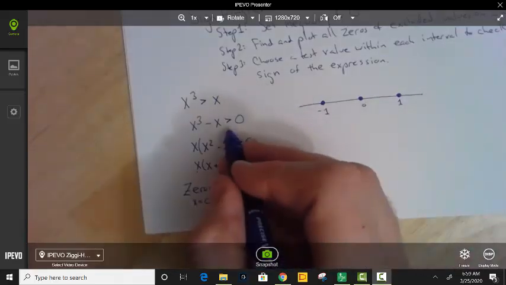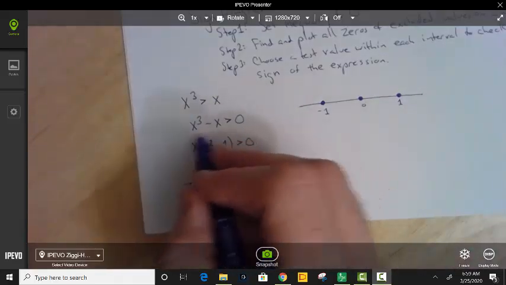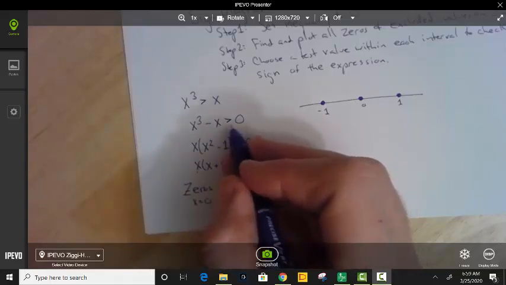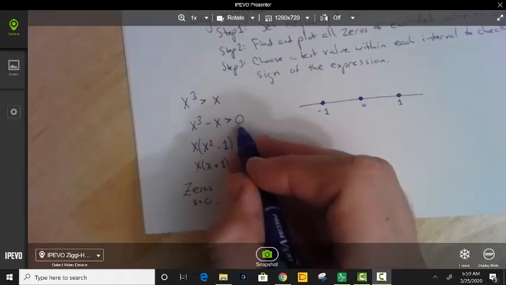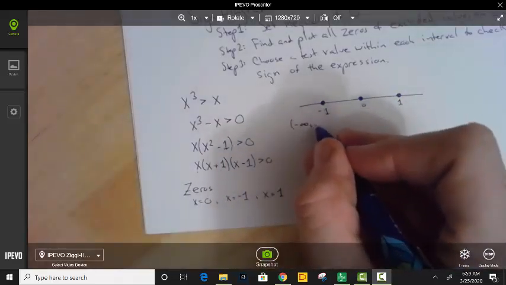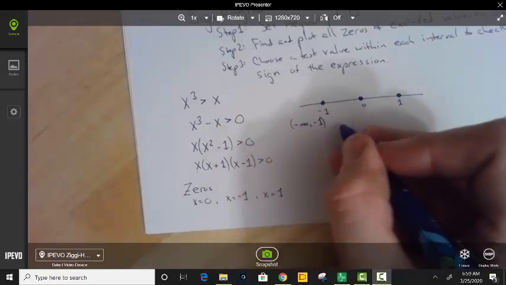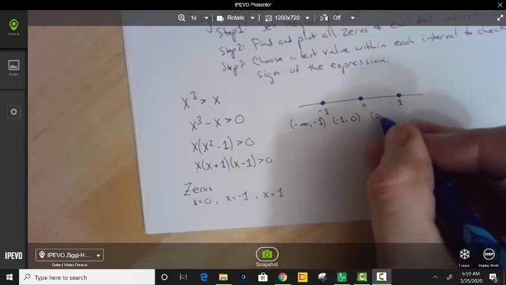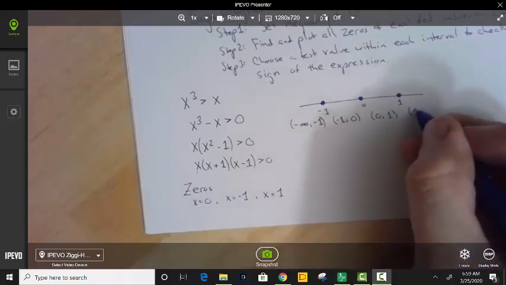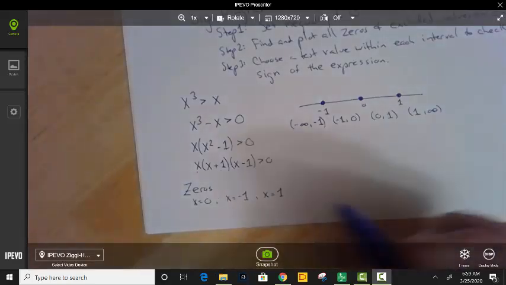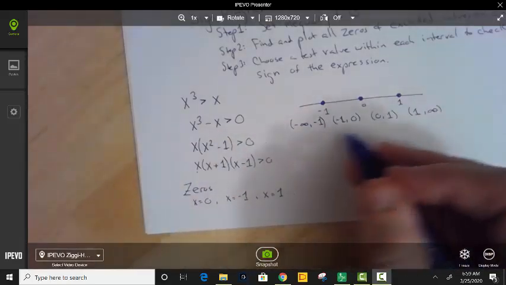this says we want to know when is this going to be greater than 0, which means positive. So we're not interested in it being 0. So our interval, our possible answers are negative infinity to negative 1, negative 1 to 0, 0 to 1, and 1 to infinity. Okay, and notice I didn't use any brackets, and you might be like, why are we